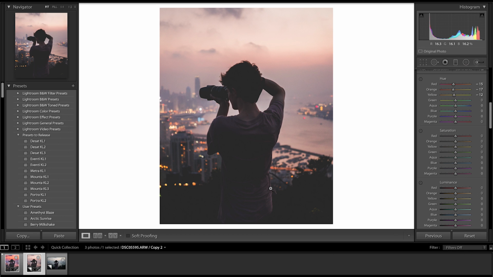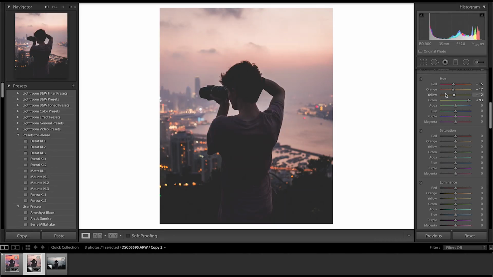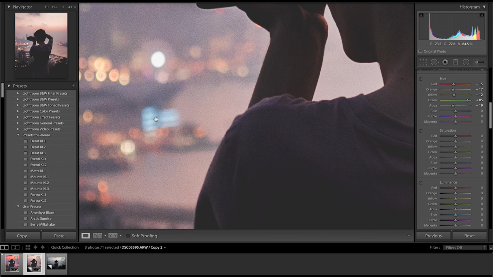There weren't very many greens in the image, so I just pushed them all the way over, just in case there was very small amounts of bokeh here. I don't actually know how to pronounce it, but B-O-K-E-H, you get me. I pushed them over to about 86. And with the aquas, I moved that down to about -40. Now this doesn't really affect much of the image, but if you can see this little bit here, if I move the aquas over, it does change color very, very slightly. So I moved this down to about -40, just to give the photo a bit more pop in this little